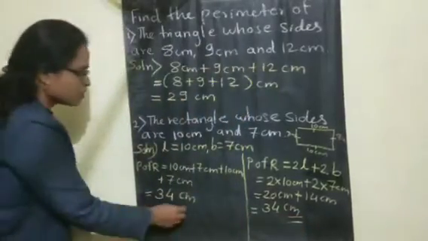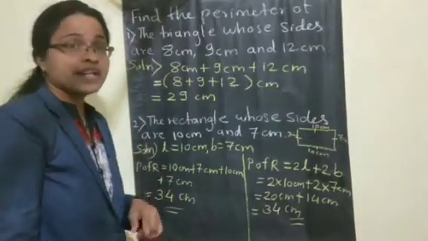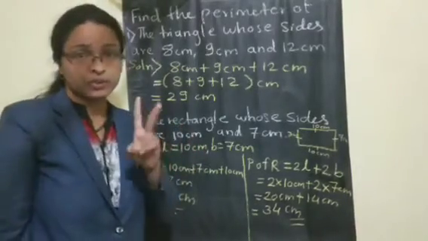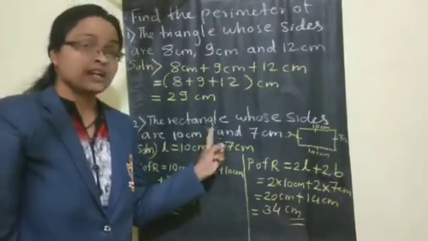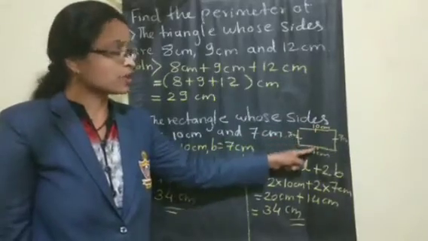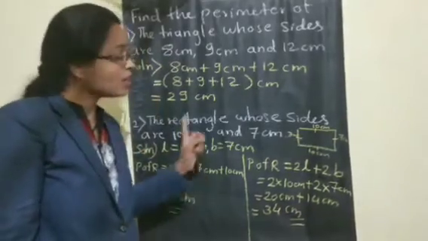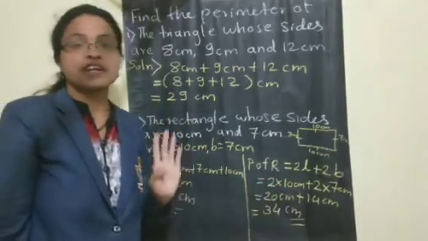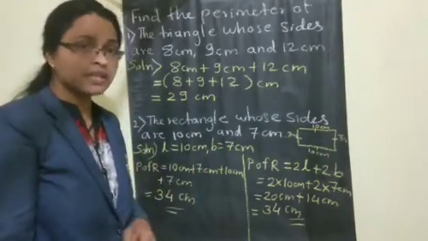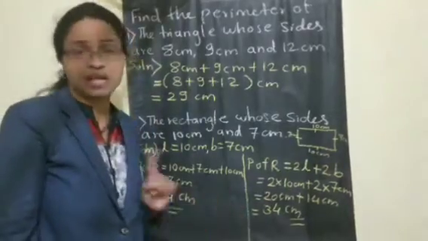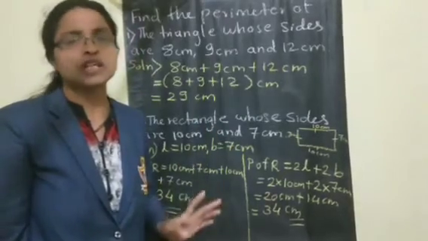So if you observe here, both the answers are the same. Only the methods are different. Children, to find the perimeter of a rectangle, they will give only 2 sides, length and breadth. But you should know that a rectangle has opposite sides equal. So 2 times length and plus 2 times breadth. According to that, you have to add twice or you have to use the formula and find out the perimeter of any given rectangle. Understood? And keep in mind, the unit you have to write only one time as common in the perimeter, children. Okay, maybe the centimeter or maybe the meter, whatever they give.